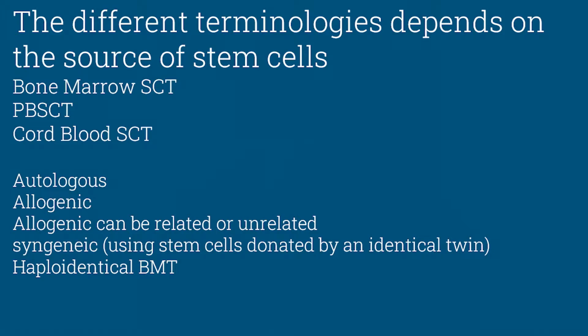In that case, the transplant physician collects the stem cells from the patient, because in the case of neuroblastoma or brain tumor, their stem cells are healthy. There is no issue with their stem cells. So we collect the stem cells and store them. After that, we give very high dose chemotherapy to destroy all the cancer cells remaining in the body. When we use high dose chemotherapy, the patient's healthy, normal blood stem cells are destroyed. At that time we